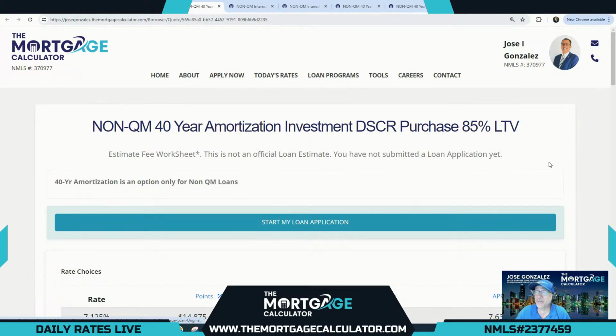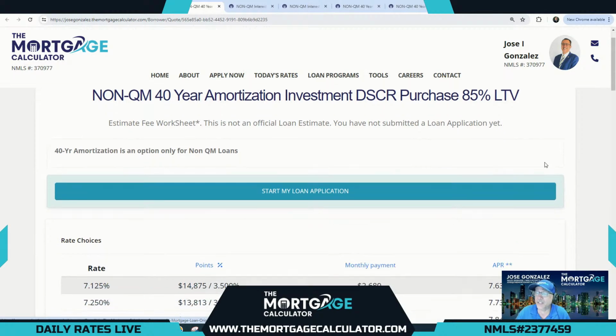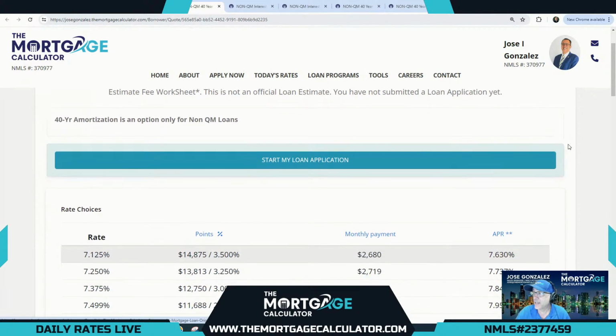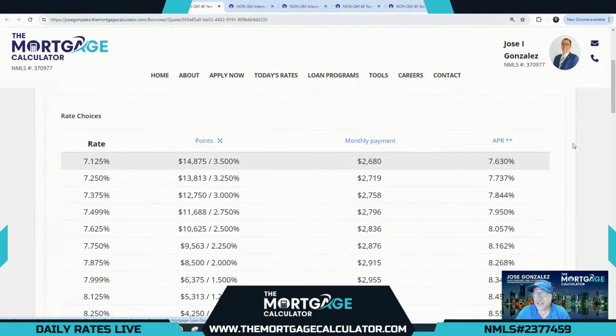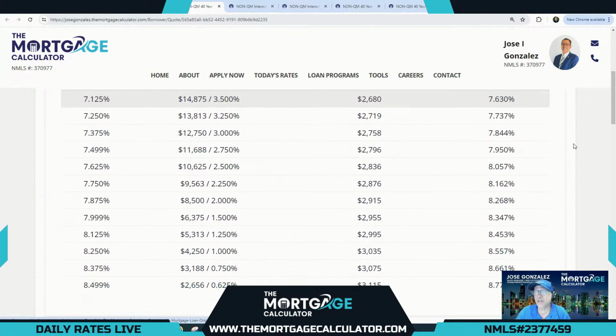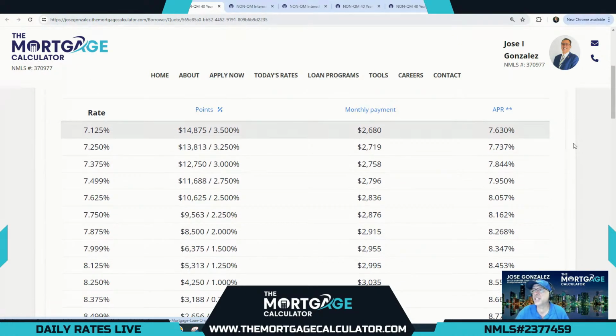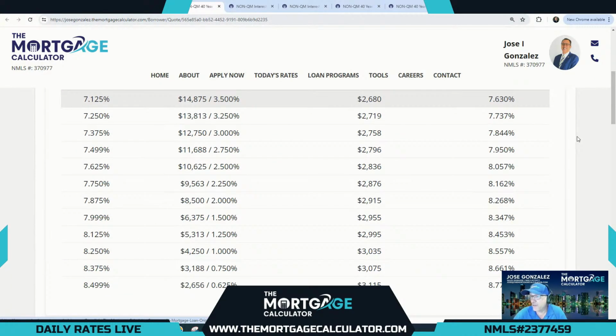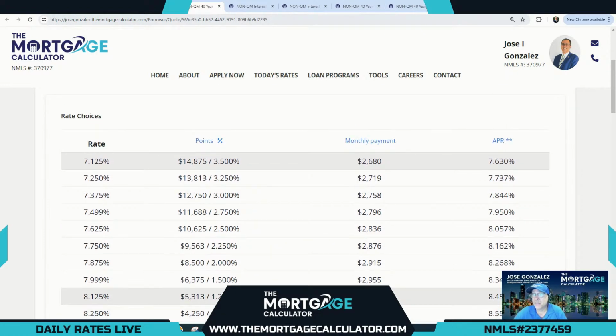Now, here's where it gets really exciting. I'm definitely seeing some movement in secondary. I think whatever money's leaving agency in secondary is definitely coming to DSCR because we're seeing guidelines definitely expand and loosen up, because now on our 85% LTV DSCR, we have a 40-year option, 8.499 is our lowest cost option at 0.625 points. And you can buy that down to